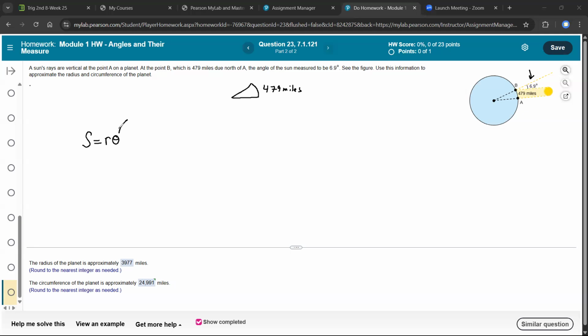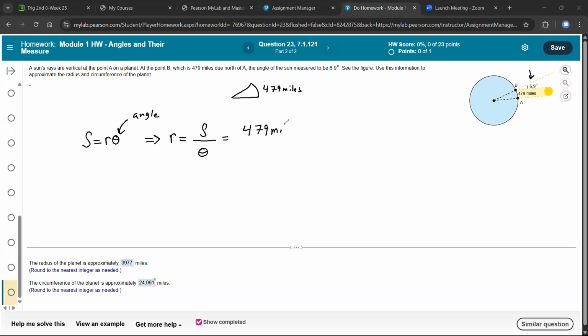And we know the angle, right? They told me 6.9 degrees. However, we need radians in our angle, not degrees, so we're going to have to convert that. Anyway, the first question asked me about radius, so I'm going to answer about radius. So arc length divided by the angle. Okay, so let's keep going. For my problem,